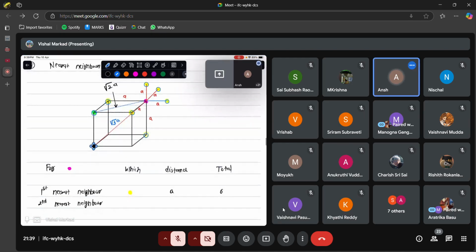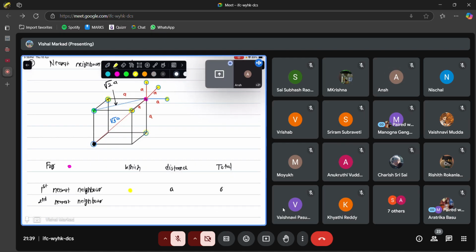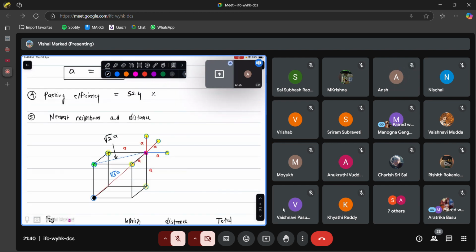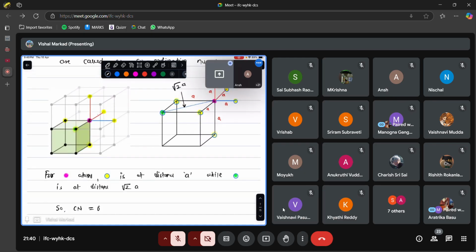Which one will be there? Smallest value, which one will have? Nearest one. Green. Green one will be there. What is the distance? Root 2a. So if you study this in a big giant compound, we'll get to know that